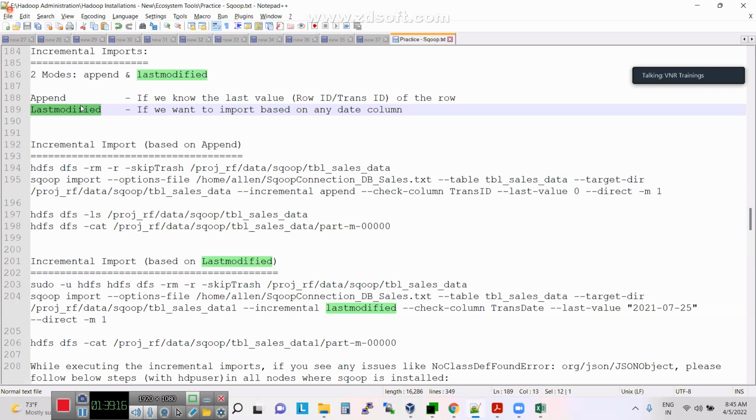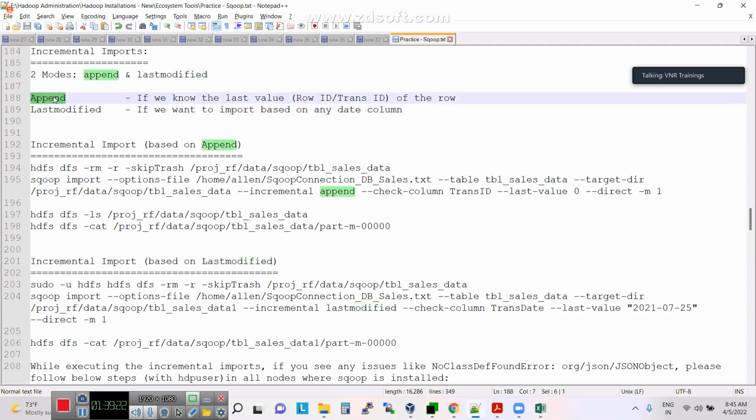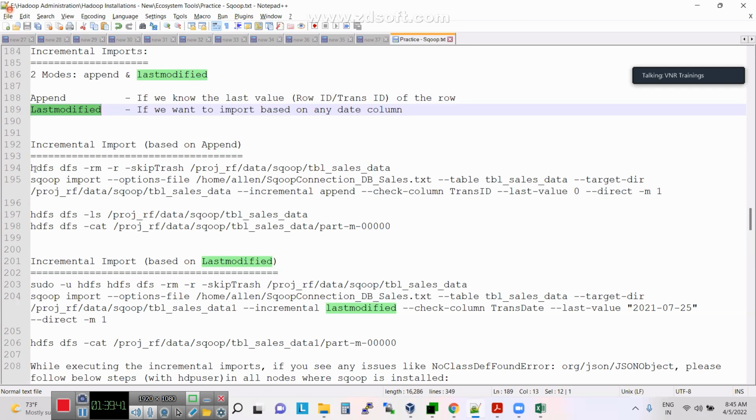whether it is a new ID or anything else. If you want to go with the transaction ID, then you need to go with incremental import with the append option. So if you want to go with this option, it is saying